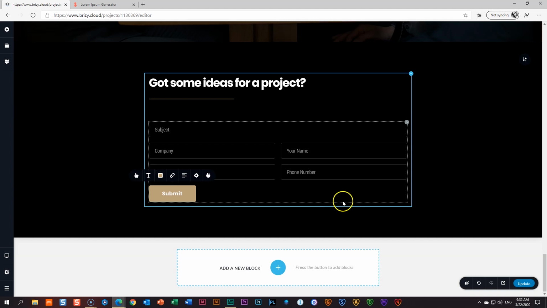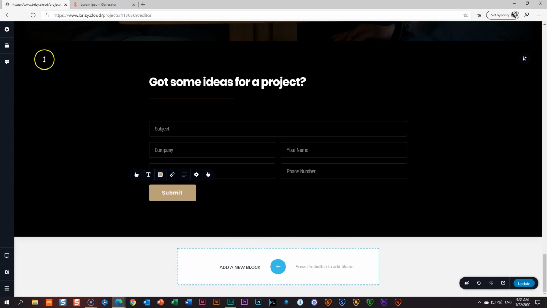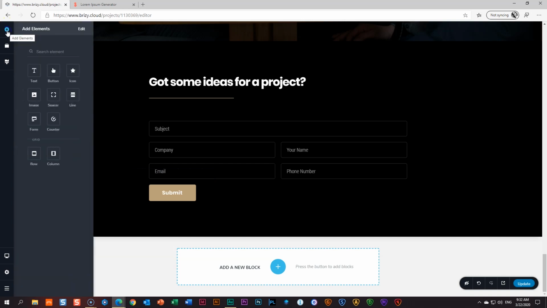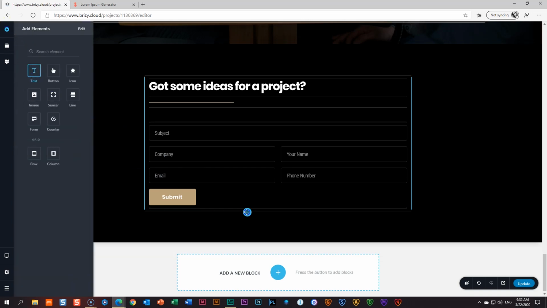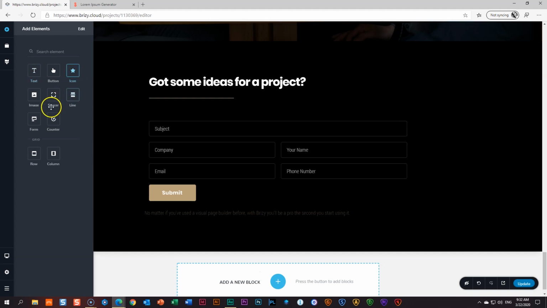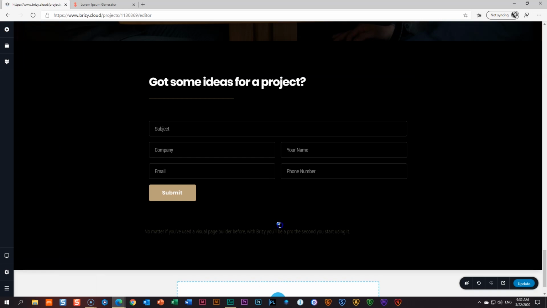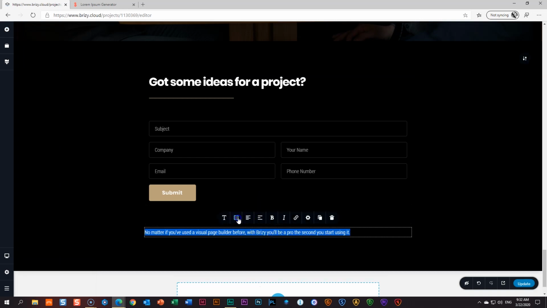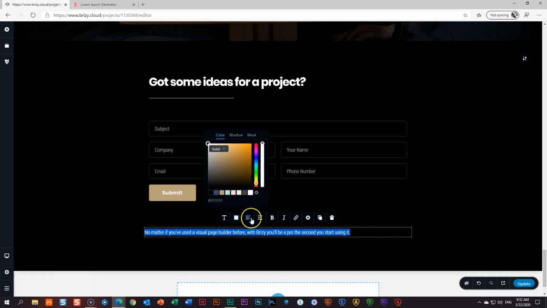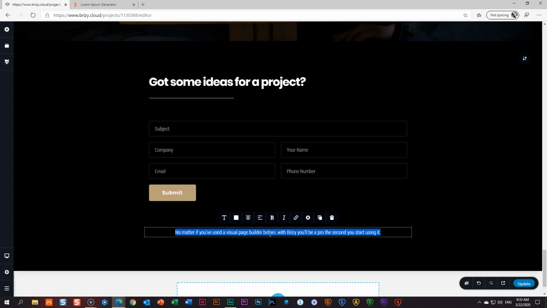And then I'll just add a little footer at the bottom. So let's bring in a text element, and I'm not going to put that in a column. I'll drop that there. Spacer between that. Triple click everything, put it on white, center align it, and then I will say on,